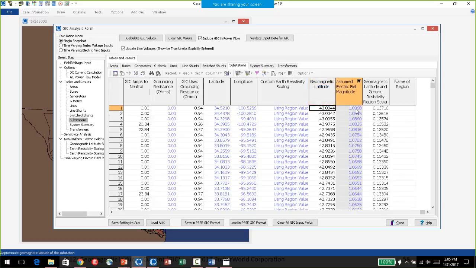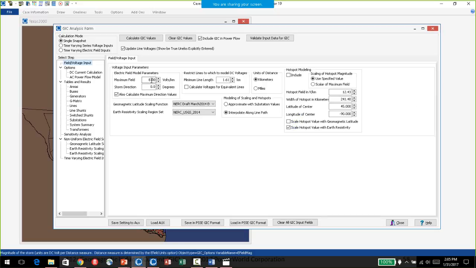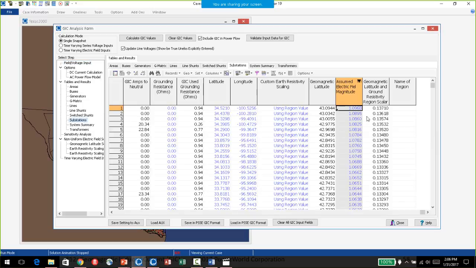So here's an assumed electric field magnitude, and that's the 8 volts per kilometer that I put in here times the alpha and the beta factors that apply for that location. So that's what I'm seeing right here. And here's this geomagnetic latitude and ground resistivity scalar, which is the product of the alpha and the beta. So this times the 8 gives you this number.